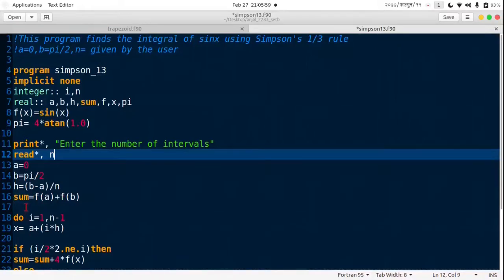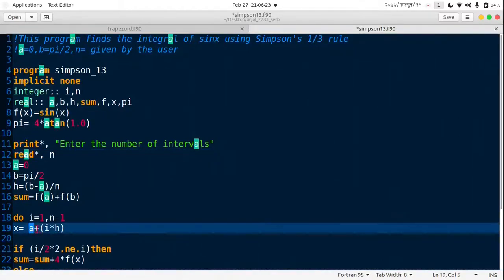We just stated the sum as the functional value of a and functional value of b. Then we started with the do loop. Do loop goes from I to n minus 1, and x is the initial value a plus the loop integer, and h is the